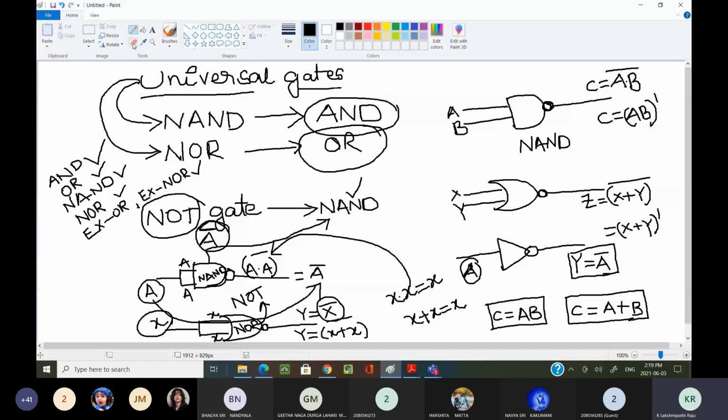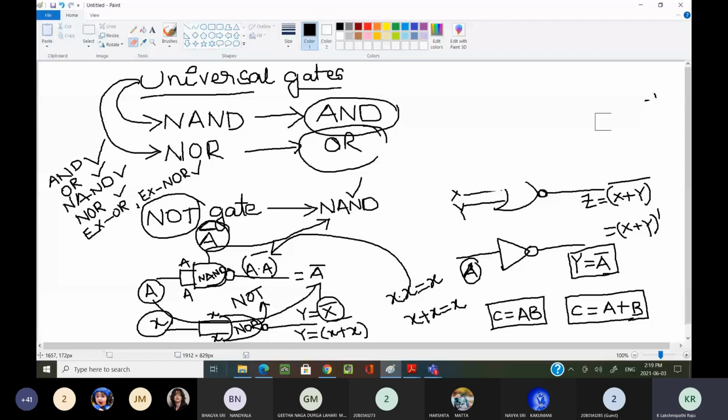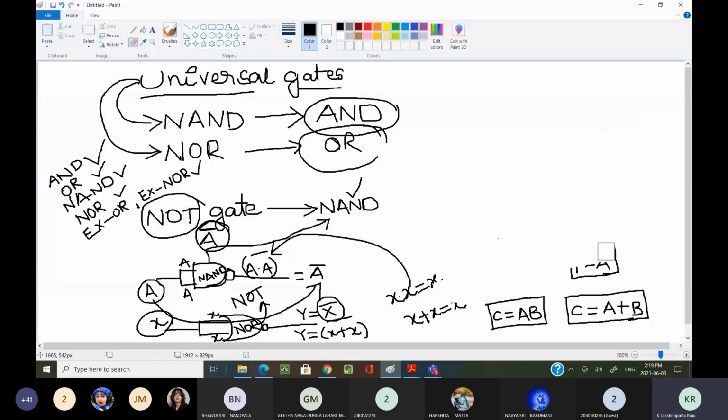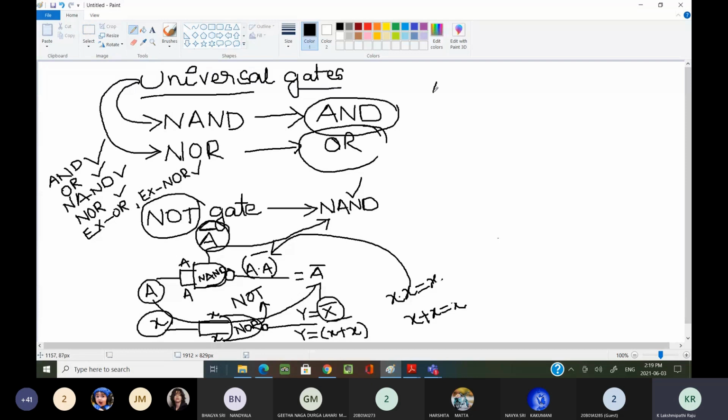Now, in the same way, not only NOT gate implementation. Suppose if you want to implement, I want to implement one AND gate by using NOR gate, then we will close this part and we can move to the next gates, the universal gates. We are going to see the functionality as well as the logic symbol. Suppose I want to design an AND gate by using NOR gate.